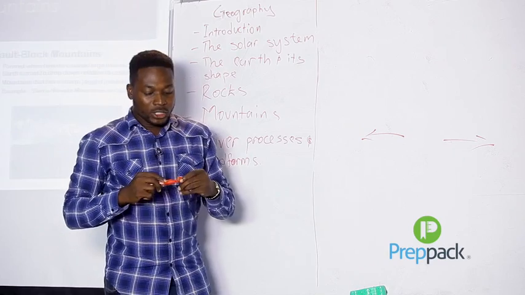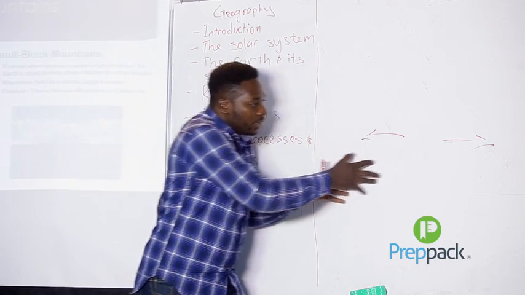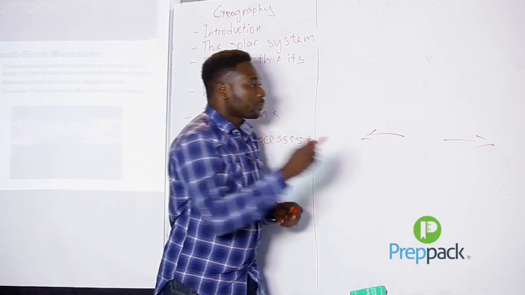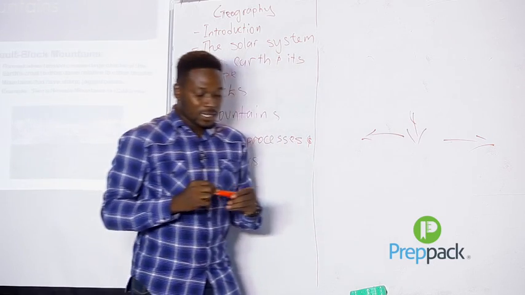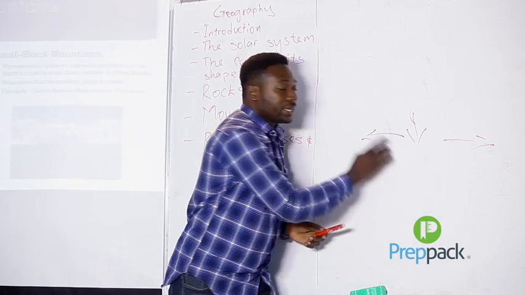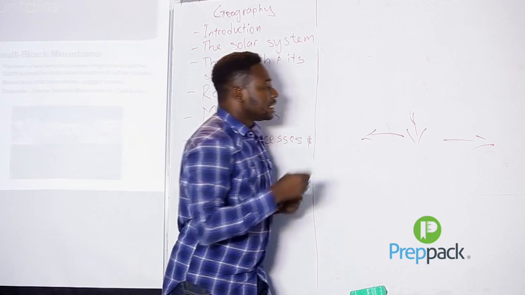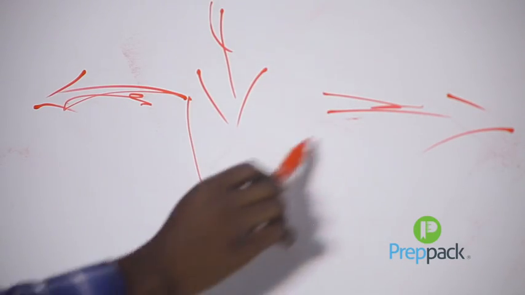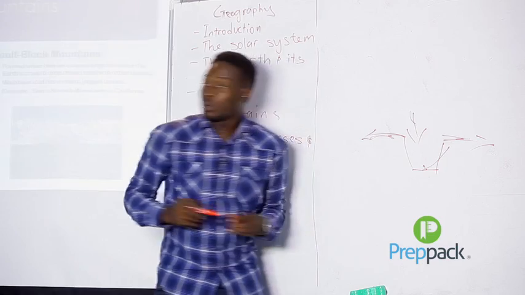So in such cases, we have this force moving out, this force moving out, and then there's a drop. This drop causes what we know as the graben, a valley. It causes a depression. This part is still elevated, but this part comes below. So we have a valley here, which we also call